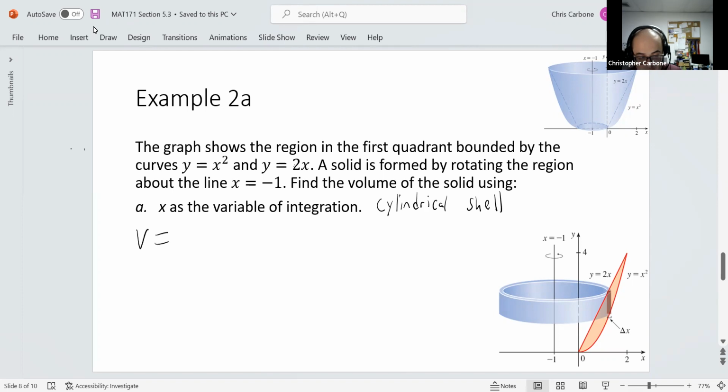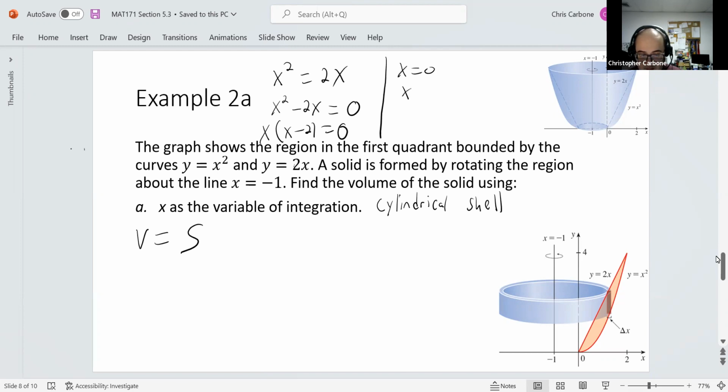The volume for this. So for the bounds of integration, which you can actually just see on the graph, but to make note of where those came from, we set x squared equal to 2x, subtract over the 2x to get x squared minus 2x is equal to 0. Factor out an x, we get x times x minus 2 is equal to 0. So our two solutions are x is equal to 0 and x is equal to 2, which correspond to the two points of intersection on this graph. So we're going to integrate from 0 to 2 of 2 pi times